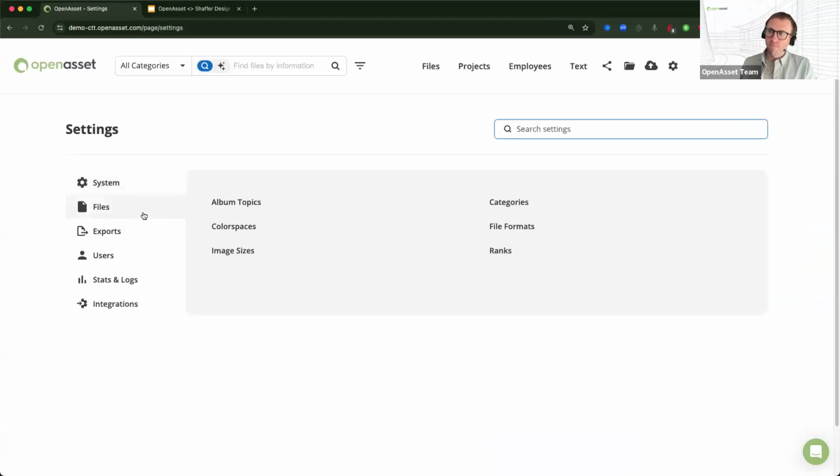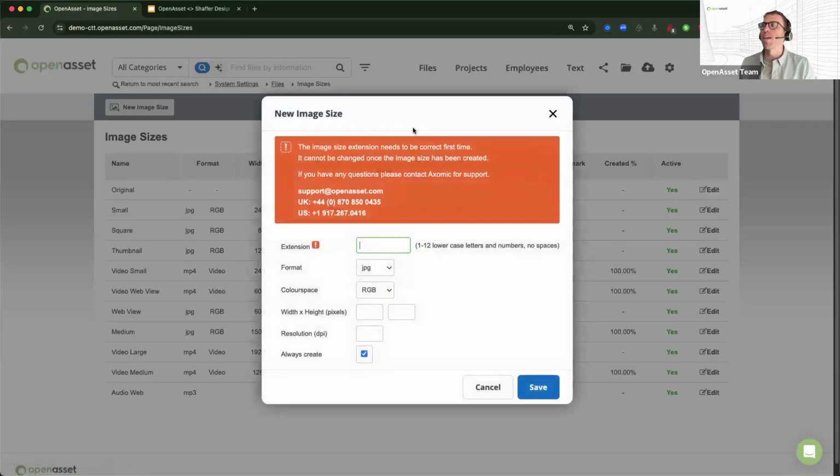To do that, you'll go to Files and then Image Sizes here. And now you can create that new image size. So you set the format, the resolution, the width, the height, all that good stuff. And after you do this, you can set that new image size to the default. You may name this something like InDesign. And then I always recommend contacting our support team at support@openasset.com. What we're able to do then is apply this image size to all of your images in your OpenAsset library. So just note that it doesn't do that